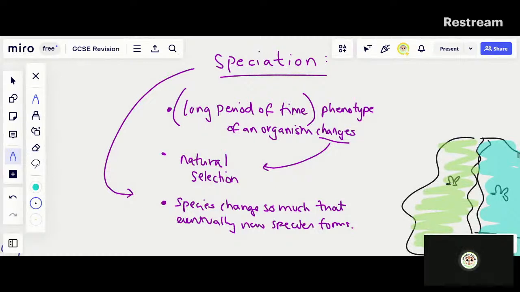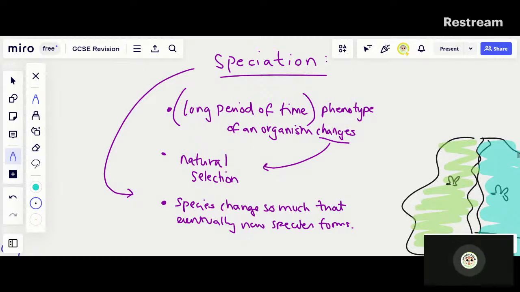Now, isolation is where populations of a species are separated. This can happen due to a physical barrier, for example, floods, earthquakes. It could happen geographically, with different climates. And because each population shows genetic variation, they eventually have a wide range of alleles. In each population, the individuals with characteristics that make them better adapted to their environment have a better chance of survival, so